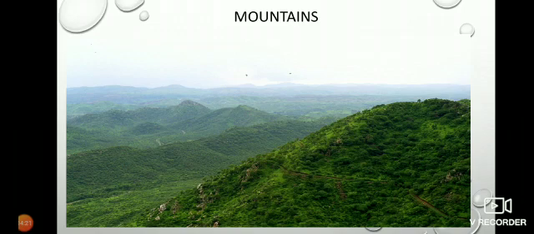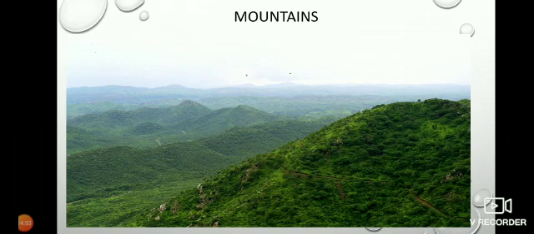The highest range of mountains in the world is the Himalayas. I already told you the Himalayas surround the north side of our country, India. We also have mountains like the Aravalli and Vindhya ranges in central India, and the Satpura range. The Eastern and Western Ghats are located in South India.